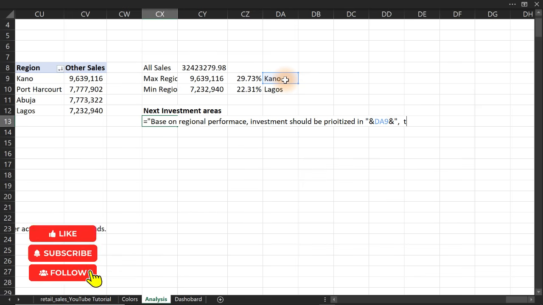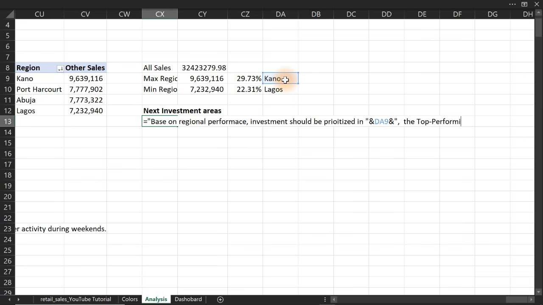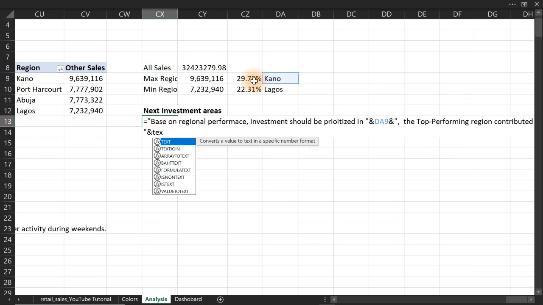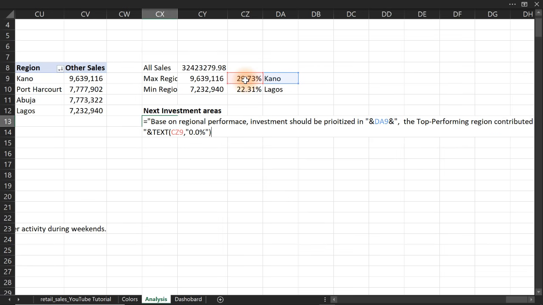Kano, the performing region contributed, so an ampersand here. So what is the contribution? That is the percentage over here. So we use the text function here to extract the contribution, comma, 0.0%. So we close, right? And an ampersand here